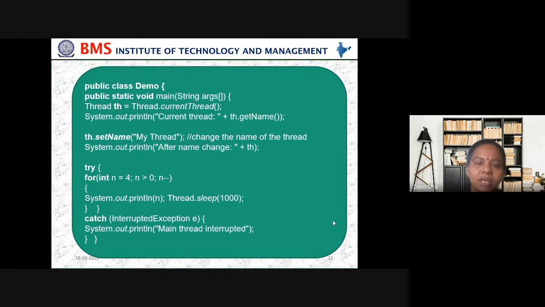The public class Demo, public static void main. So any Java program should have this line. Then create a thread, and display the values you're getting through the object's getName. Then set what we want to set: create an object and set that particular name. Then using try and catch, we feel there may be some error there, and we display i as well as wait for some time. How much time do we ask the thread to wait or sleep? So 10 milliseconds we ask the thread to sleep. Then again it repeats, where it starts from n equals 4 and n should be greater than 0. It decrements here.